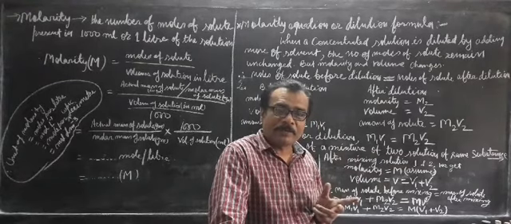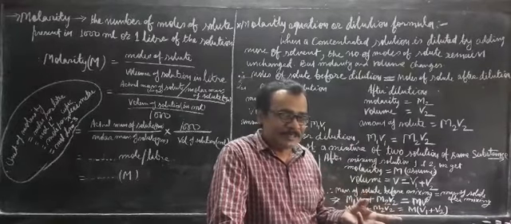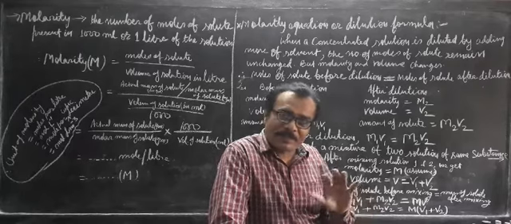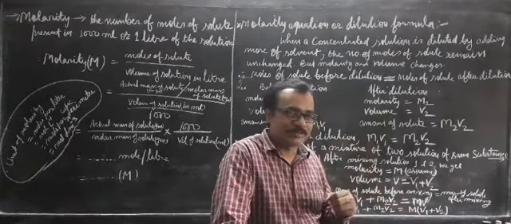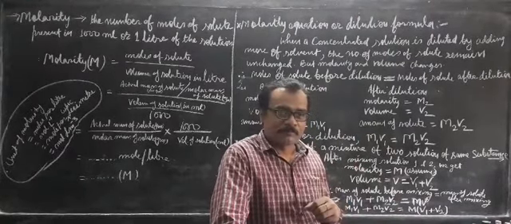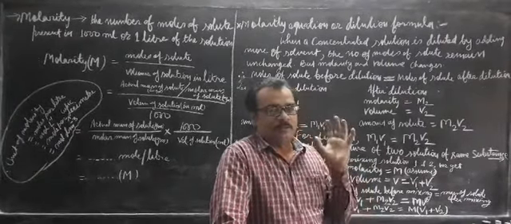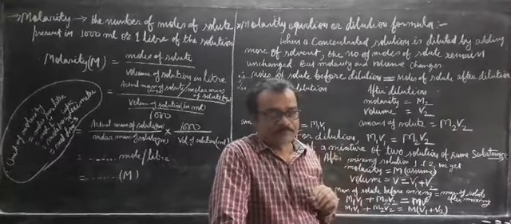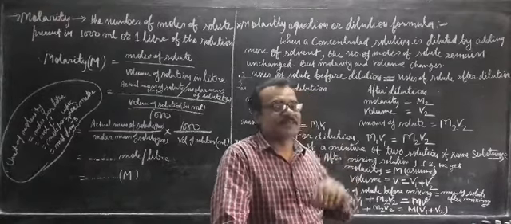So now what happened? The volume has increased. But the amount of sugar present in the sugar cane juice remains the same, because we have not taken out the sugar crystals from it. Instead, we have increased the amount of water. So when we increase the amount of water, the volume changes. The amount of sugar remains the same, but the sweetness decreases.